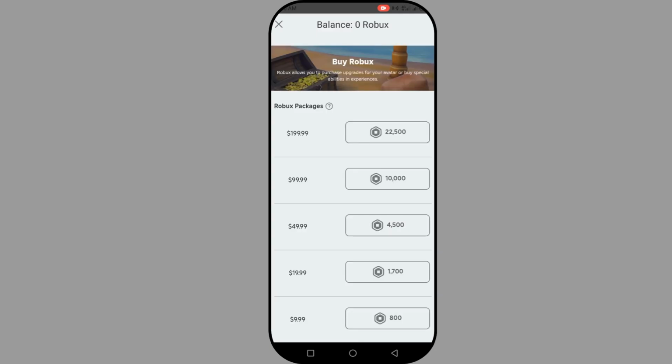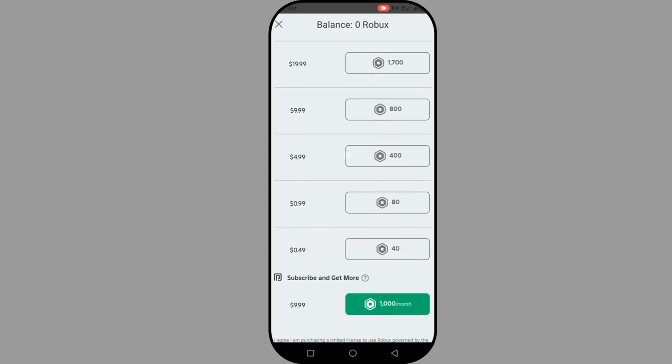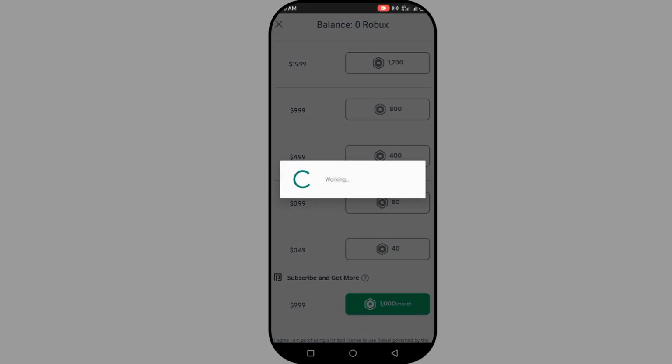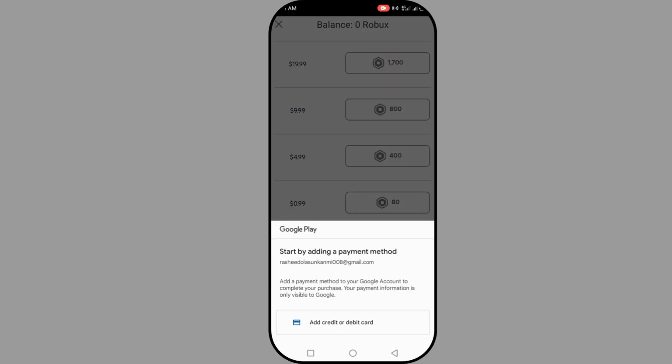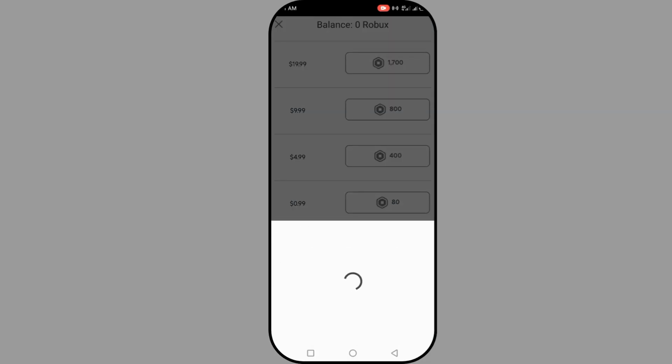So this is where you'll be able to buy your star code. So you can see I can just click on this. So you can just click on any star you want to buy. So after that, you click on add debit or credit, and this is where you put your card. Once you do this, save your card, then you'll be able to buy the star code and you can use it